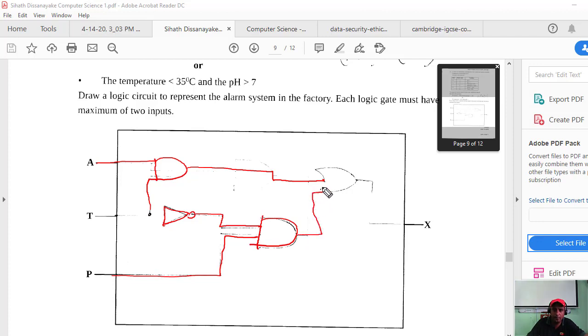Like here. Okay, this is an AND gate. This is a NOT gate. This is an AND gate. This is an OR gate. Right.